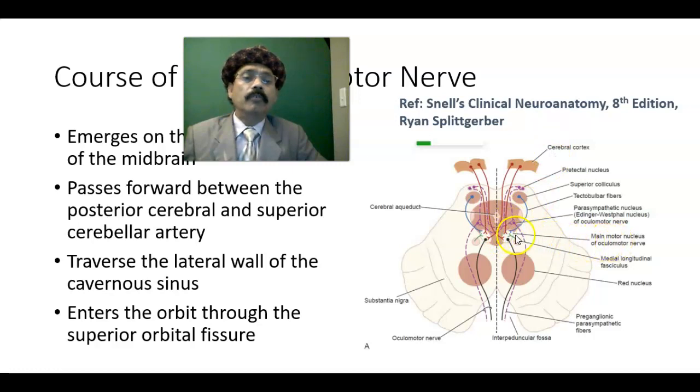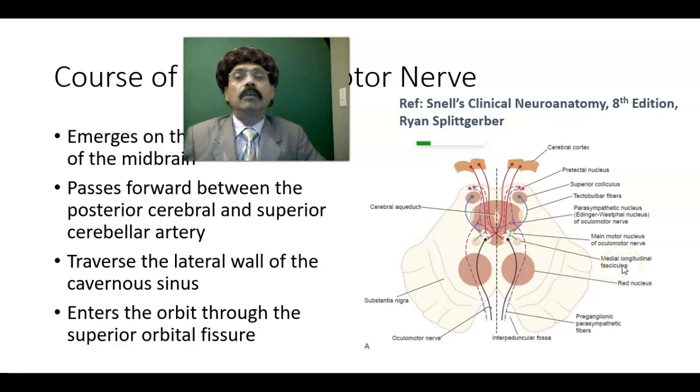This is the main motor nucleus, the oculomotor nucleus, and it is getting connections from multiple sources: from the cerebral cortex, from the superior colliculus, and also from the medial longitudinal fasciculus,